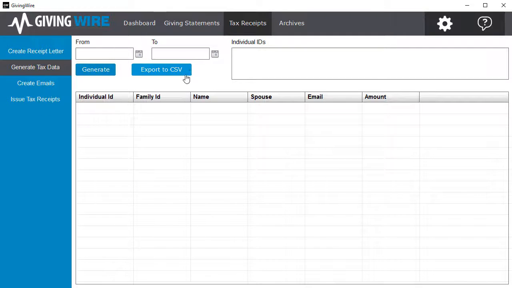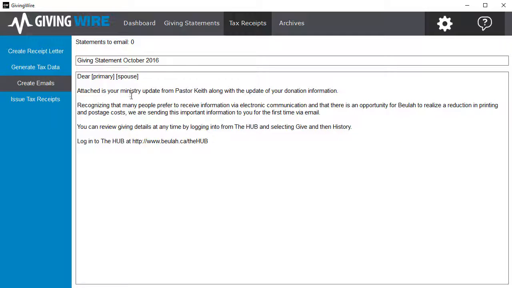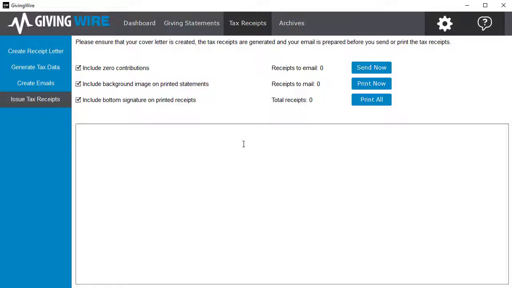We generate our data for the period. So we would run this for the entire year. And the difference here is that we generate tax receipts for individuals, not families. So we generate a tax receipt for each individual. So we generate all the data, and then we would create our email, same way as we did for the giving statements, and then we would issue the tax receipts, and again, the same way. So we would see the number that are ready for email, the number that have to be mailed, and the